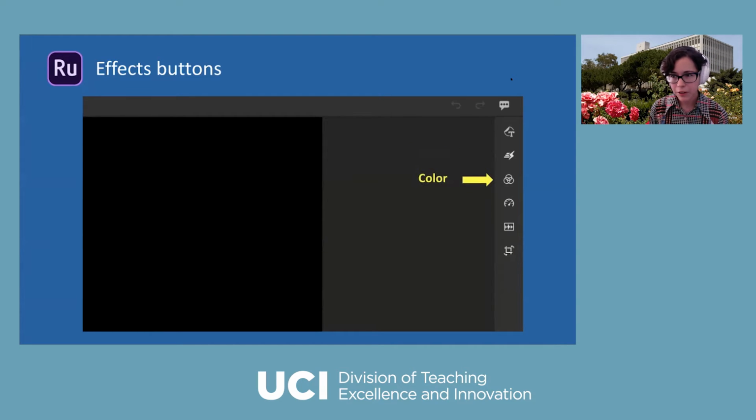There's the color panel, which if you're just doing Zoom recordings, you're probably not going to need. This is more for if you were recording a really kind of raw flat image and you wanted to maybe bump up the colors in your video or make something monochrome. That's the color panel. You have a speed panel, and this is actually if you want to adjust the speed